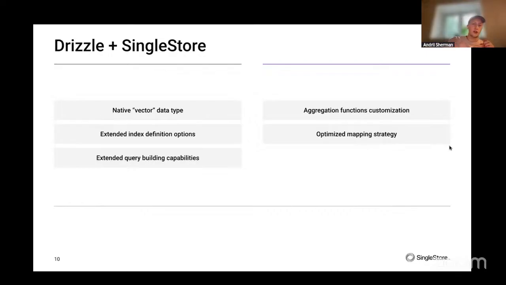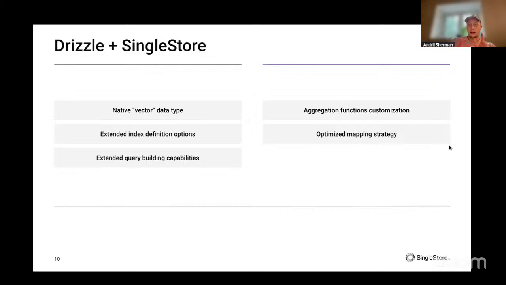One of the big advantages of using Drizzle with SingleStore is native vector support, so storing your vectorized data in SingleStore is easier. It makes mapping easier, using specific queries and indexes for storing your vectorized data, which is completely native in Drizzle, and you can use it together with SingleStore.